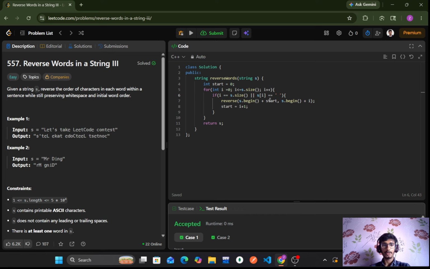After reversing the word, we move our pointer to the beginning of the next word: start is equal to i plus 1. Finally, after the loop finishes, we return our modified string s. This is the solution for LeetCode question 557, Reverse Words in a String III. Thank